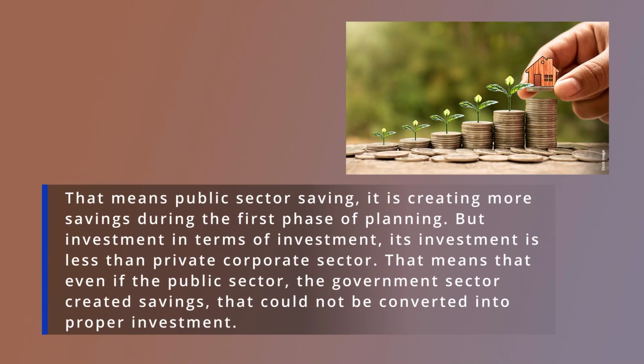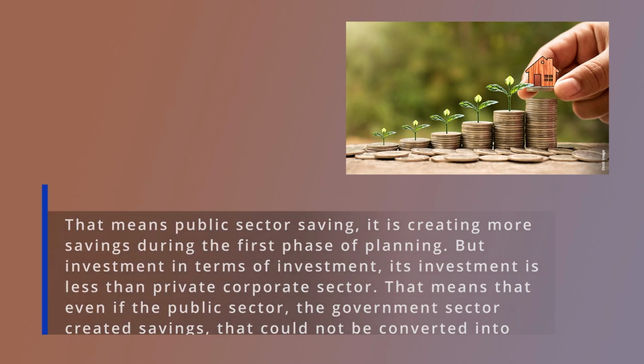So this is very interesting. That means the public sector was creating more savings during the first phase of planning, but in terms of investment, its investment is less than the private corporate sector. That means even if the public sector, the government sector, created savings, that could not be converted into proper investment. Why? Because of revenue expenditure instead of capital expenditure. Even in the government budget, you will find that revenue expenditure, that means expenditure for administrative purposes, government salaries, etc., is much higher than capital expenditure. So the private corporate sector's productive investment was found to be much higher,